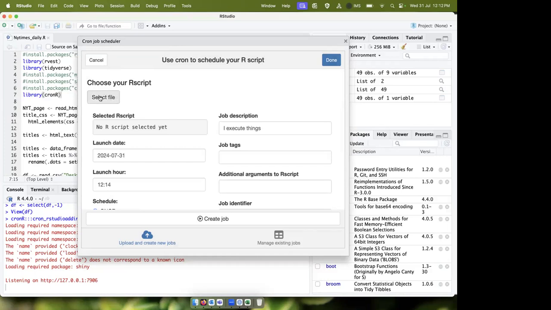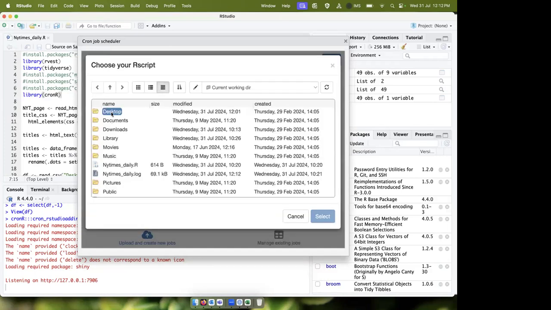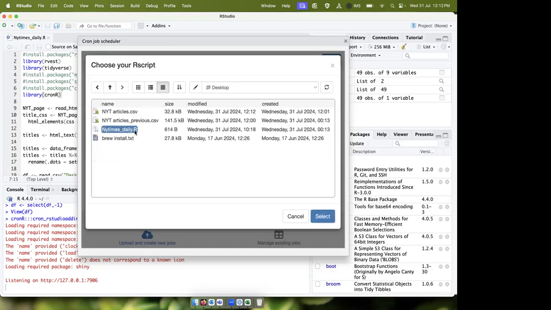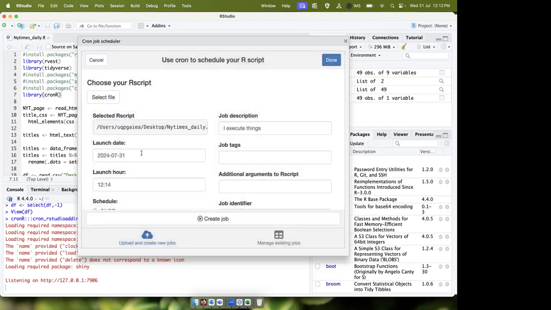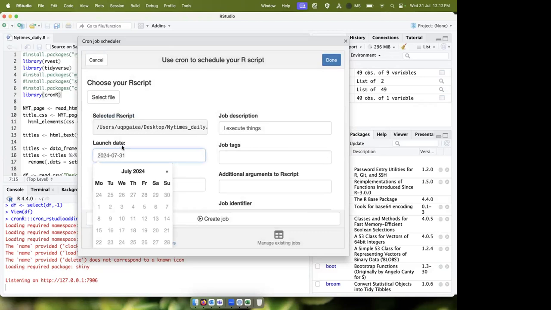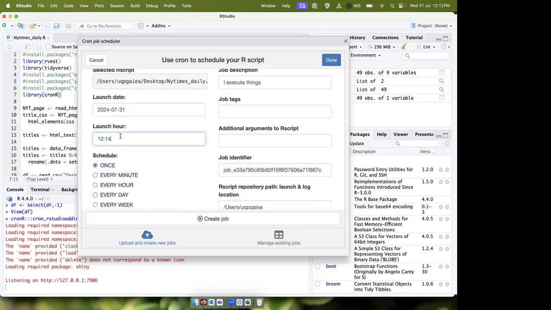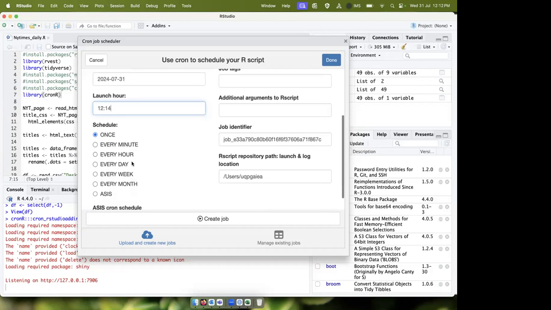And then it's got a simple interface. Select your script. So I'm going to go and find where my script is, which is just on my desktop at the moment, my New York Times Daily R script. I can select what date I want it to launch from, and the time that I want it to launch from. So if I want this to launch in the next 2 minutes, yep, 14. I can then pick if I want it to just run once, or every minute, or every hour, or every day. So if I say every minute,